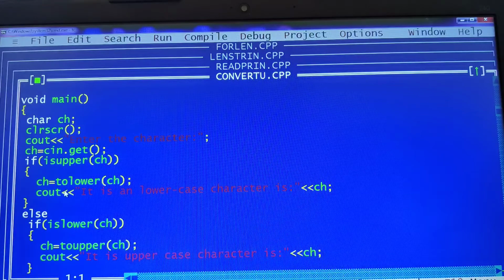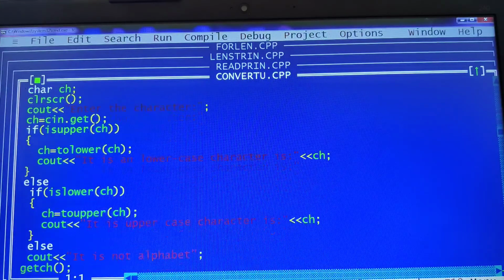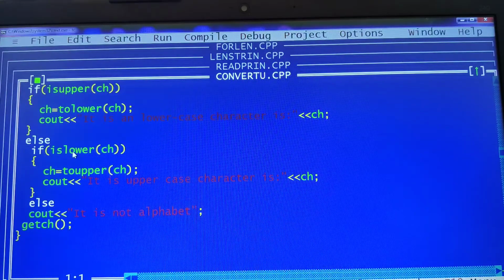So herein I'm taking the else if. So else if the entered character is a lowercase, I'm checking. If it is a lowercase, then convert to the uppercase. So toUpper followed by a variable name. Whatever the conversion happens on the right hand side, the value will be assigned to a variable known as ch. So the converted value will be stored in this particular variable. Then I'm going to print "it's an uppercase character" and ch.